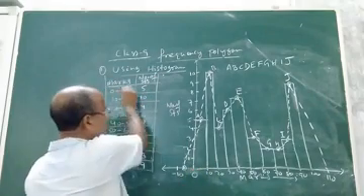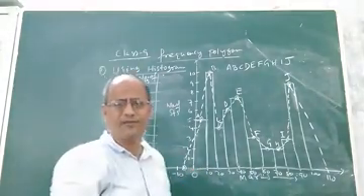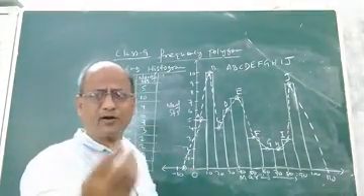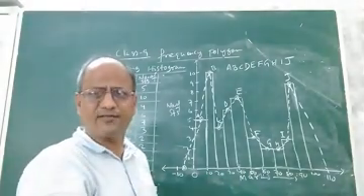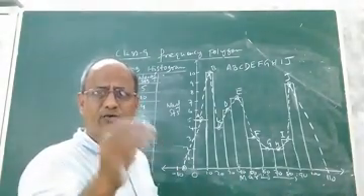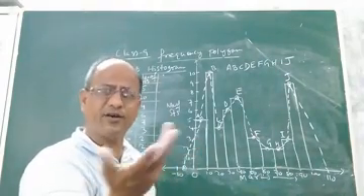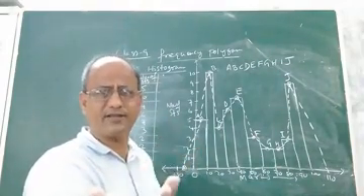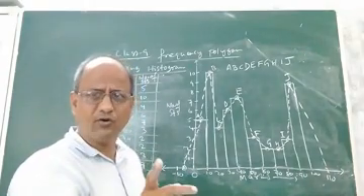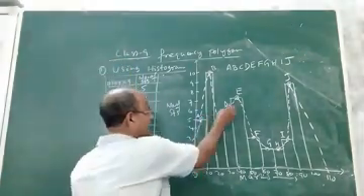0 to 10 is the first class interval or the first marks. But we cannot think of a mark less than 0. We cannot think of a student securing marks less than 0. Because a mark less than 0 is negative, which is impossible. So, we have to close the curve.